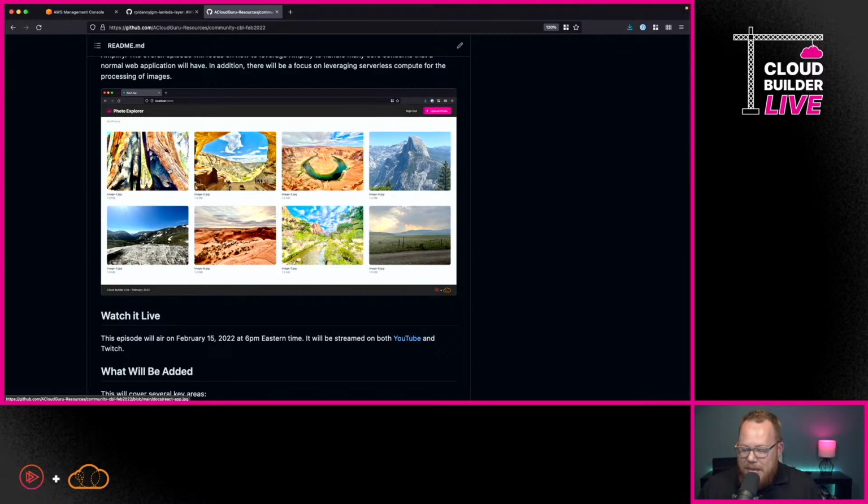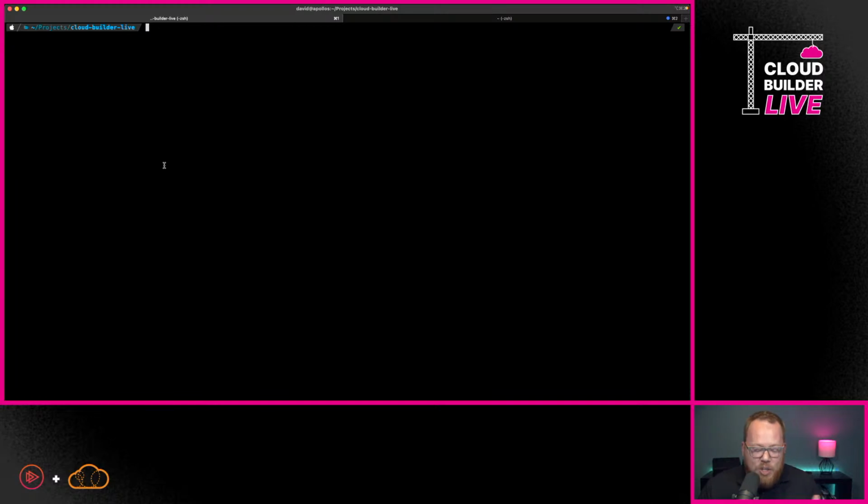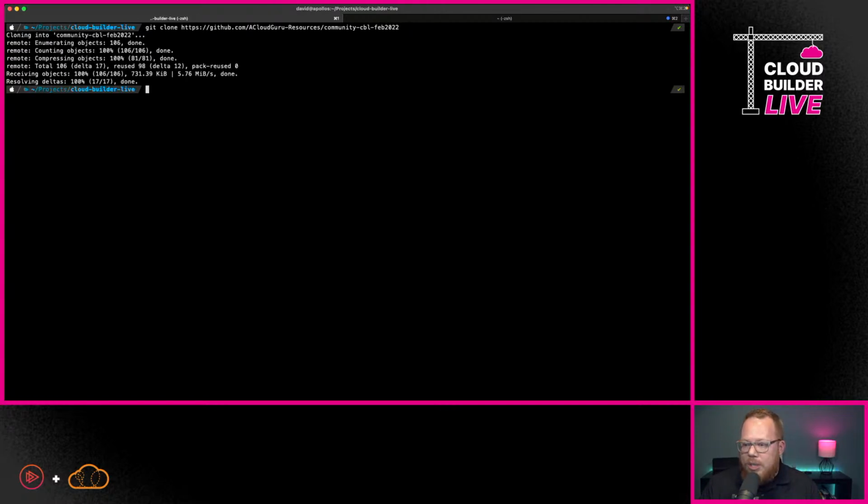With that being said, I'm going to jump over to the terminal, because we're going to start the process of cloning this repository, and this will help you understand a bit about what we're going to be doing. First, I'm going to clone a Git repository here, the one I mentioned earlier. Once I get into that repository, I'm just going to need to install some things.